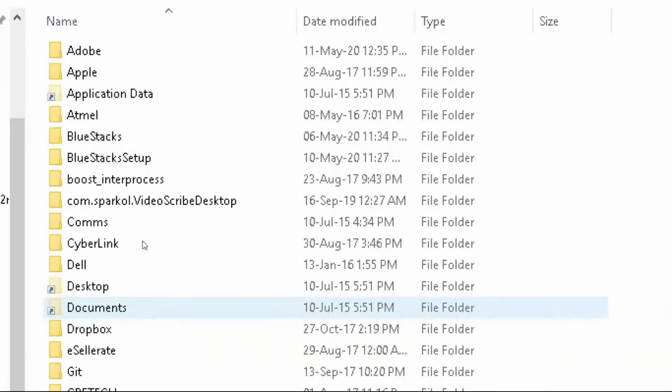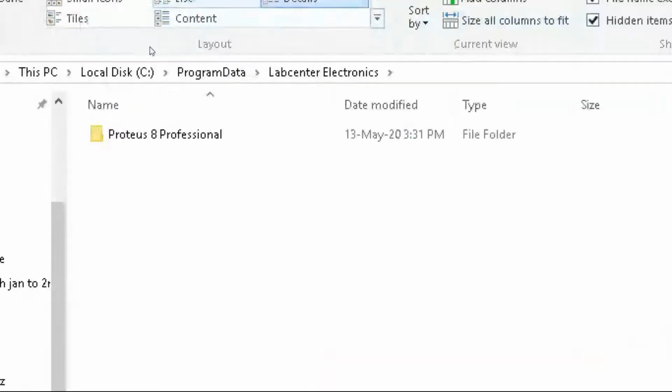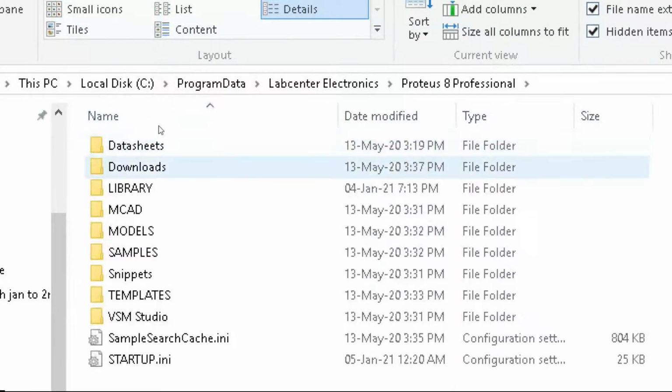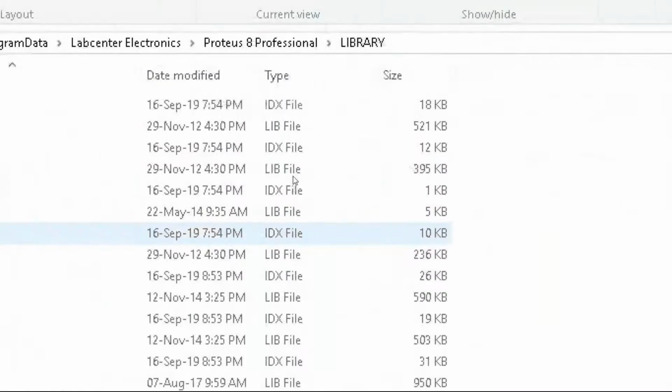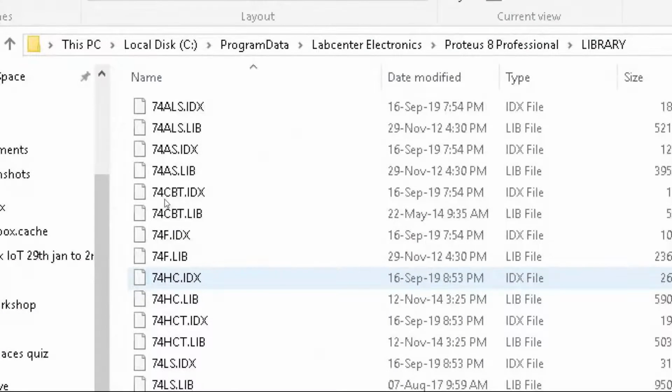Under ProgramData, I got to find a folder by name Labcenter Electronics. Under Labcenter Electronics, Proteus 8 Professional, and this is where I can find the library. This is the folder wherein you got to paste the Arduino related library files that I will be sharing with you.